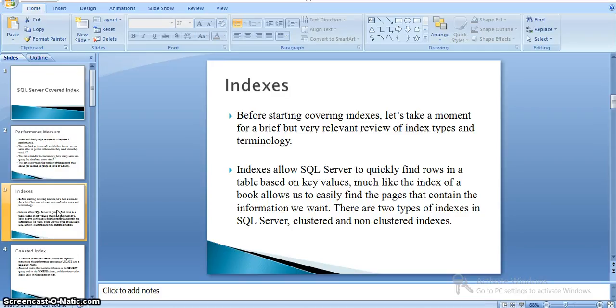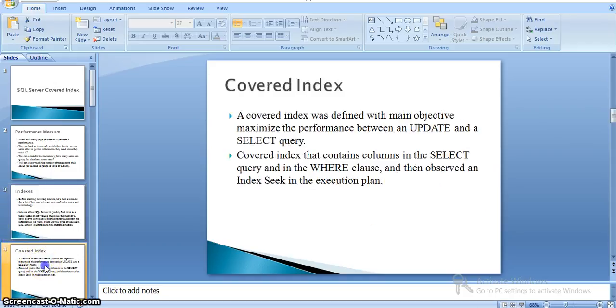I will explain the types of indexes and their purpose. In SQL Server, to find the data quickly from the tables, we will use clustered and non-clustered indexes. It works like searching for content in a book. In general, if you see a book, there would be an index. That index allows us to easily find the pages that contain the required information. The same criteria will be applied in clustered and non-clustered indexes. And coming to the covered indexes,